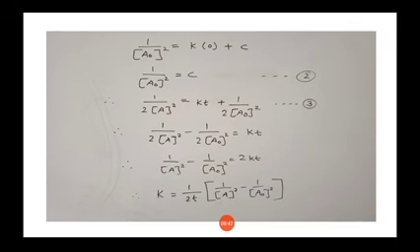Now here we have to find the equation of the rate constant. So whatever extra quantities are there will be on that side. So k will be equal to 1 upon 2t, because the two terms 2 and t will be going on that side. So k is equal to 1 upon 2t into 1 upon a square minus 1 upon a0 square. So that is our equation of the rate constant.